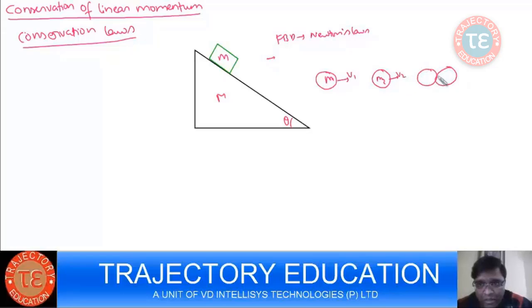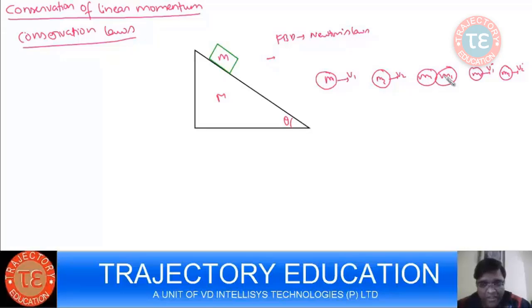After collision m1 starts moving with v1 dash and m2 starts moving with v2 dash. If I give you v1 and v2 and ask you to find v1 dash and v2 dash, the velocities after collision, it will be difficult to apply Newton's second law. The reason being,